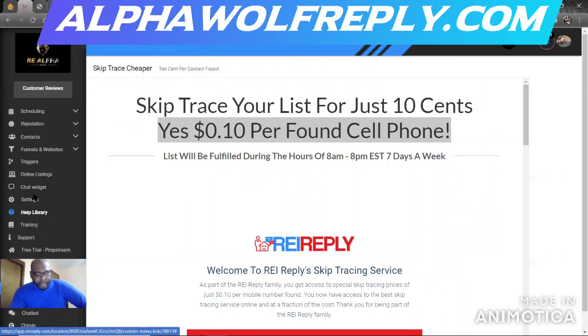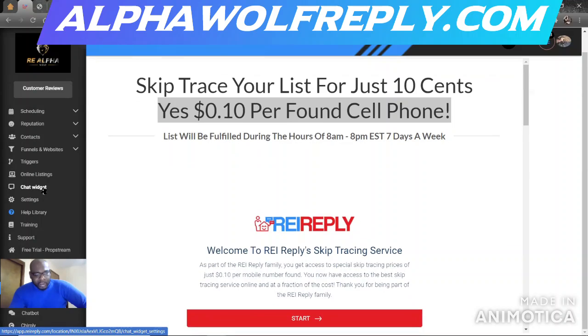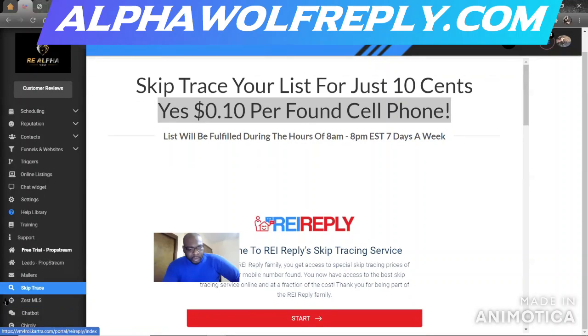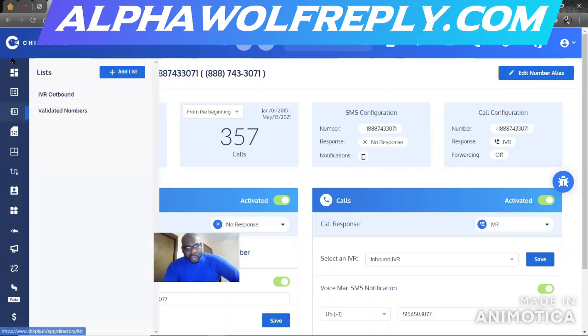Settings, chat widget. That's some other things for chatbot. Chirply. Now, I'm going to do the Chirply. When you set up your Chirply, after you set up your REI Reply account, you will have a free Chirply account. So do not set up your Chirply before you set up your REI Reply. And once you set up your REI Reply, you're going to go to Chirply,